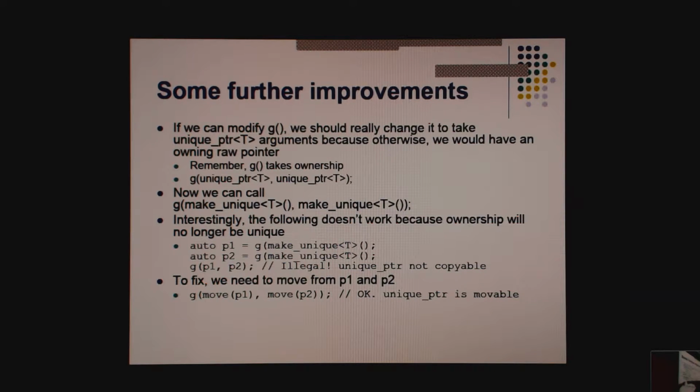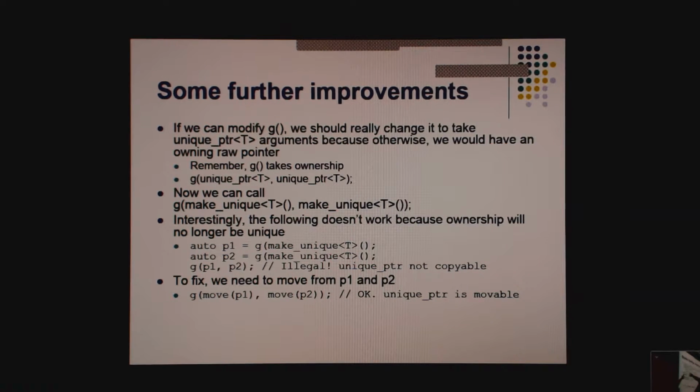okay. But interestingly, if P1 is a unique pointer and P2 is a unique pointer, I cannot call G of P1, P2, right? And the reason for that is kind of a subtle impact of C++ move semantics, right?